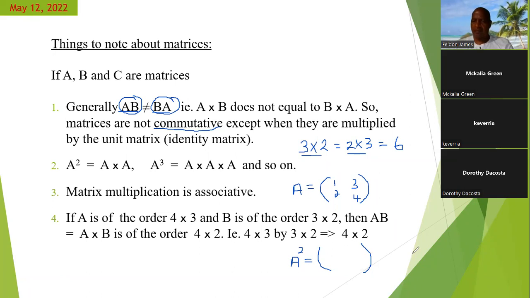So you have 1 times 3 and 2 times 4. No, sir, would it be? Yeah, go ahead. Sir, would it be 1, 4, 6,